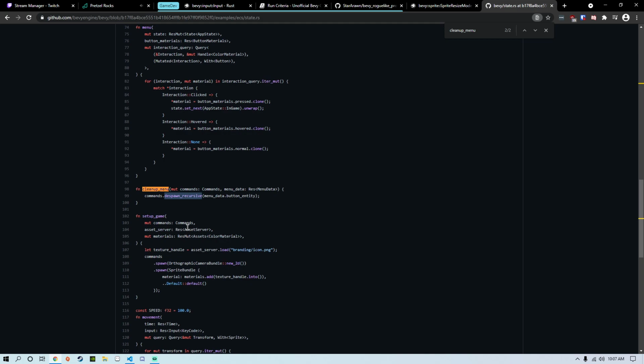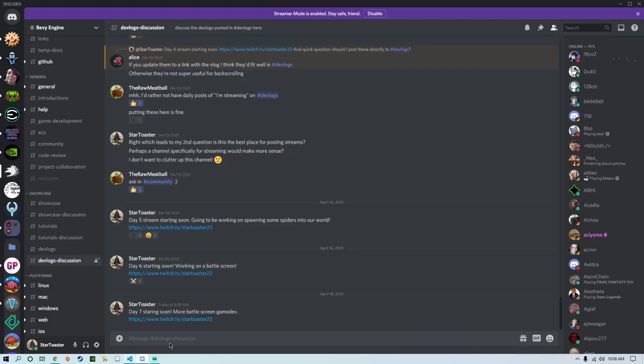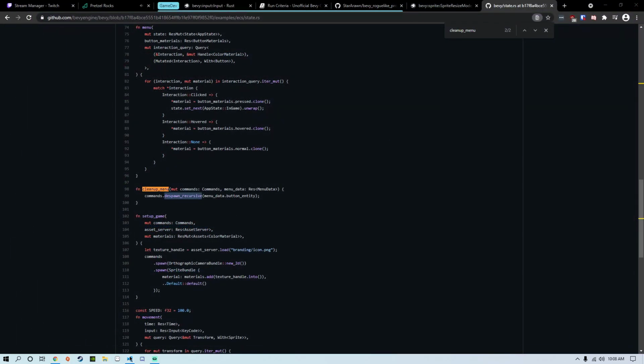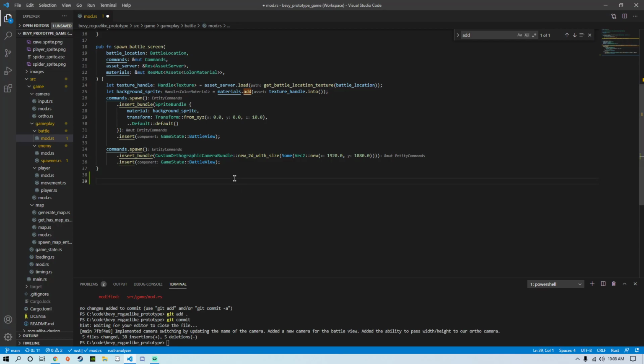That's interesting. So there's an entity that's sort of the parent for all the entities under the menu, and then you just pass in that one menu entity, and it will despawn all the other entities under that entity. I kind of like that. So in our particular case here, what we could do is, for our battle location